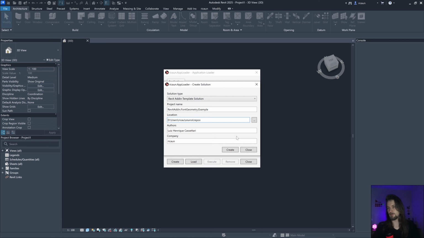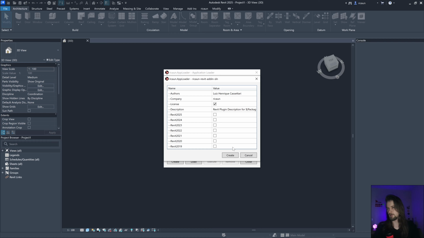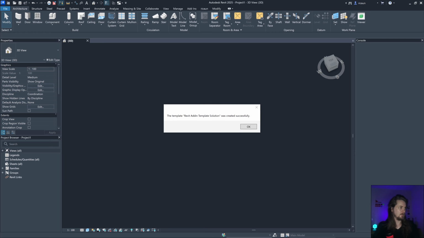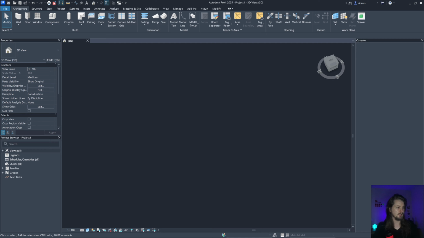Let's put this one in D, and I'm going to enable versions 21 and 25; the middle ones should work as well. So let's create the project. The project was created and should be open in my Visual Studio. Let's wait. And yep, it's here.